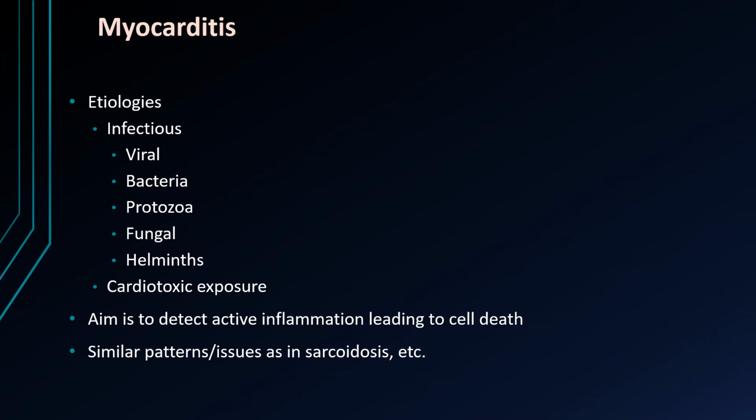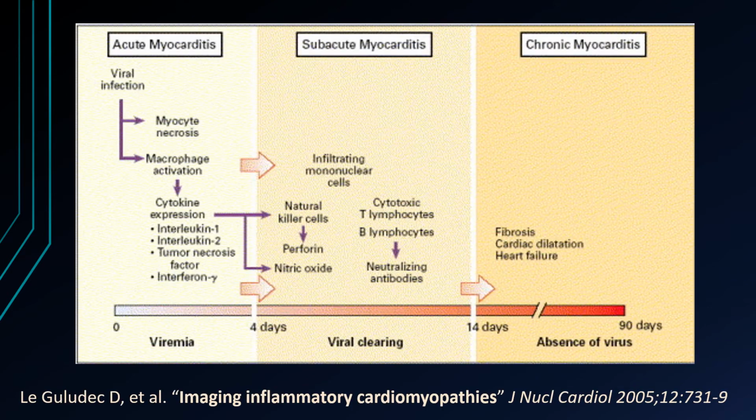But there are other areas where FDG PET is making perhaps a greater impact than the traditional imaging methodologies, such as in myocarditis. It's quite important. There are several etiologies for myocarditis, specifically the infectious kinds. There's also other things, like cardiotoxic exposure, that can also do it. Nevertheless, the problem in myocarditis is that active inflammation can lead to cell death, as well as in other active inflammatory disorders. So, because of the cell death etiology, it is vital to find and diagnose myocarditis as early